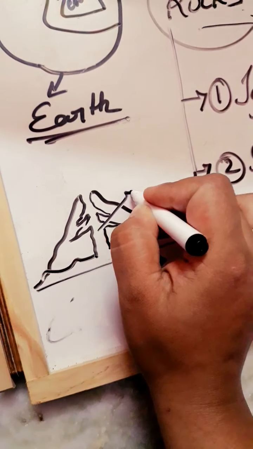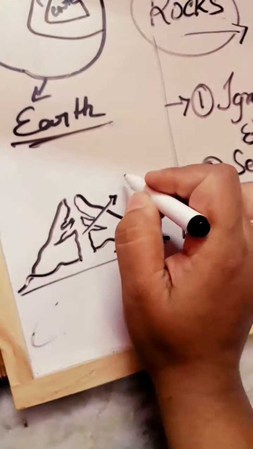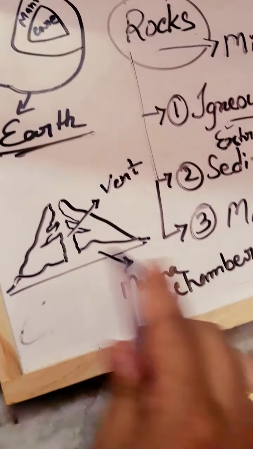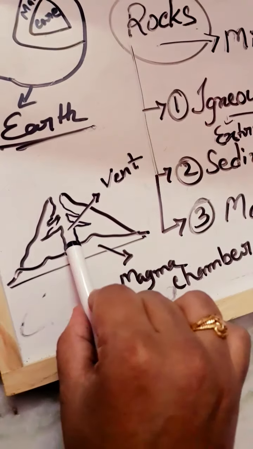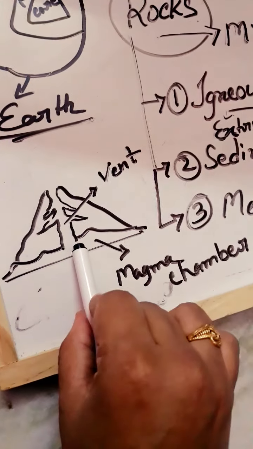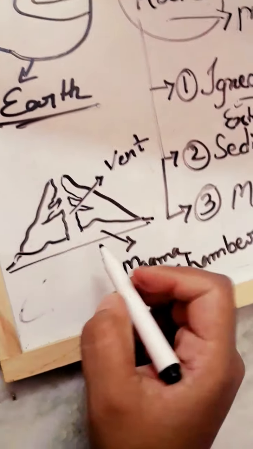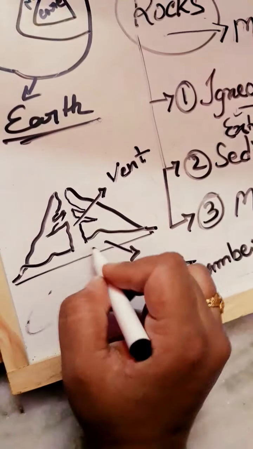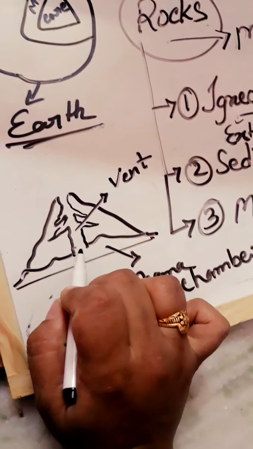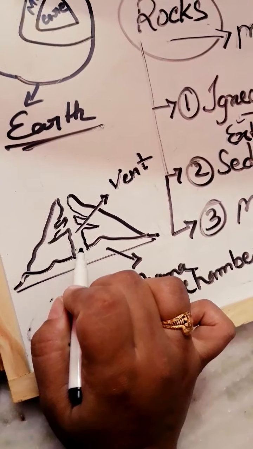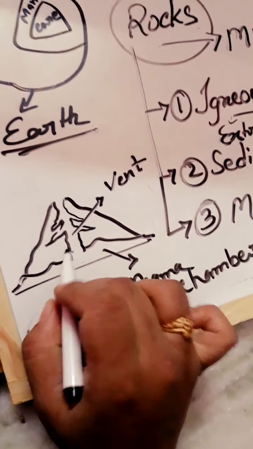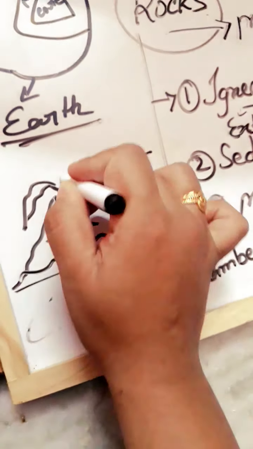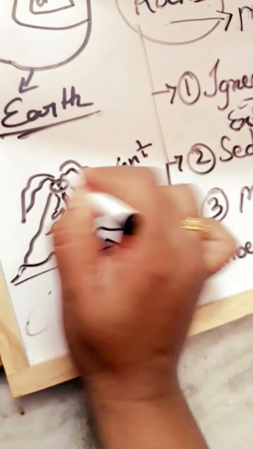This is known as vent. Vent means this is a channel of the upper portion and the inner portion of the volcanic mountain, and this is a magma chamber. In this vent portion, if any igneous rocks are formed, then this is known as intrusive rock. But if the magma comes out in that space, outer space, this portion is known as